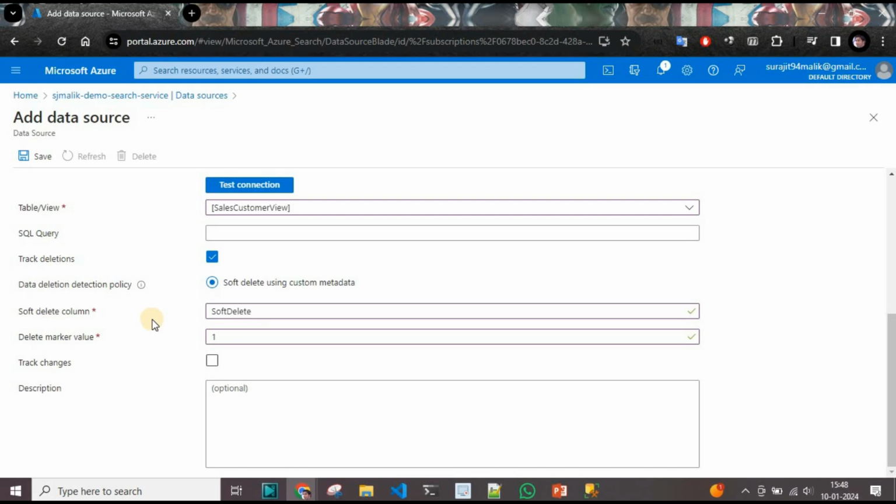When configuring an Azure search indexer to populate an index from a data source that includes a soft delete column, you can leverage this column to manage the visibility of records in the search index. By considering the soft delete column during indexation, you can control which records are marked as deleted in the search index without removing them entirely. This approach often involves filtering out records marked as deleted or inactive based on the value present in the soft delete column. Next, we have the track changes,